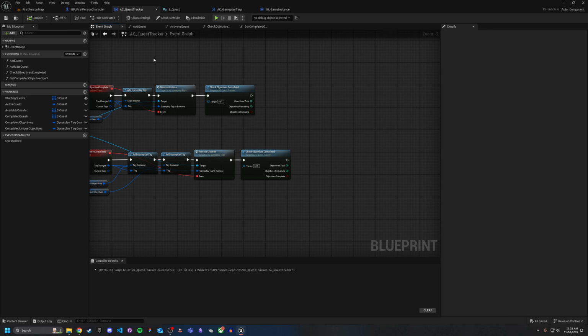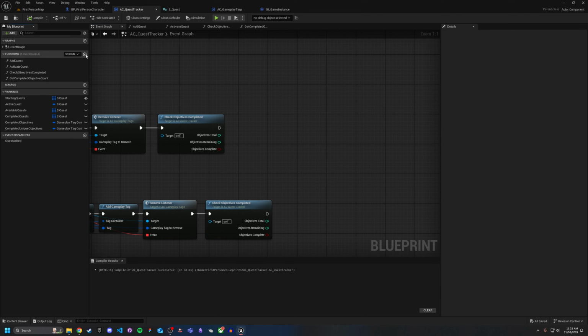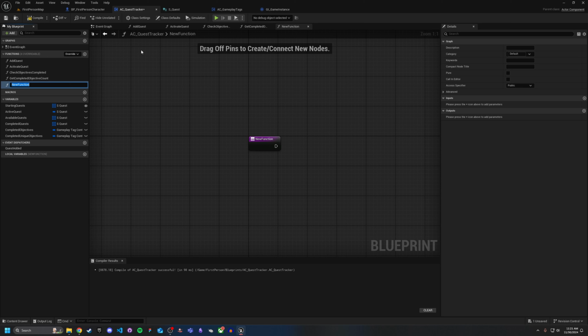Well, if all the objectives are completed, that means the quest is completed, which means we need to make sure we add the quest to the completed list, but that we also remove that quest from the current active quest. So let's create a function and we'll call this quest completed. Now the cool thing is,